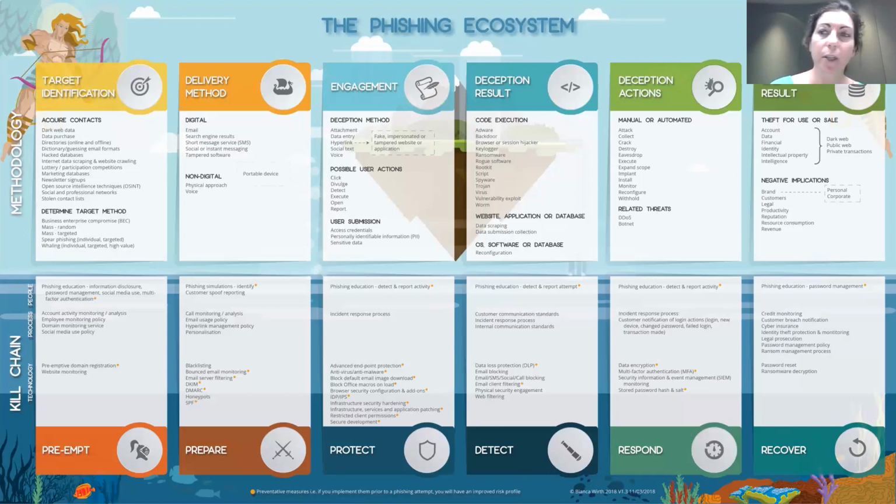But coming back to the question that was asked before around how do they acquire all the contacts. So we've got that first section there where we've got target identification. And if I just highlight that for you. So we've got acquire contacts. They can get it off the dark web. That can be bought. It can also be pasted to things like paste sites. Paste sites are anonymous sites online that allow people to paste data and have it not be attributed to them. People can purchase it legally, your data. Every time you enter a competition to win something,